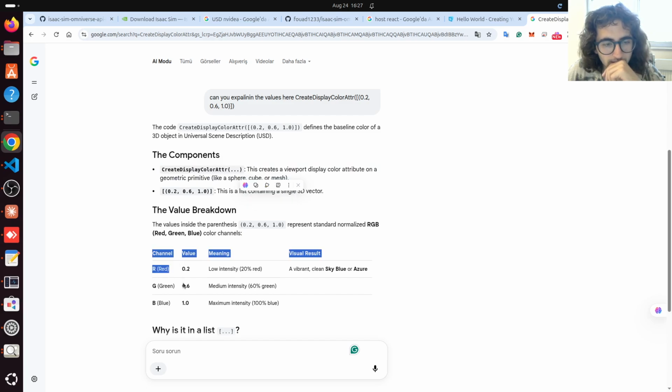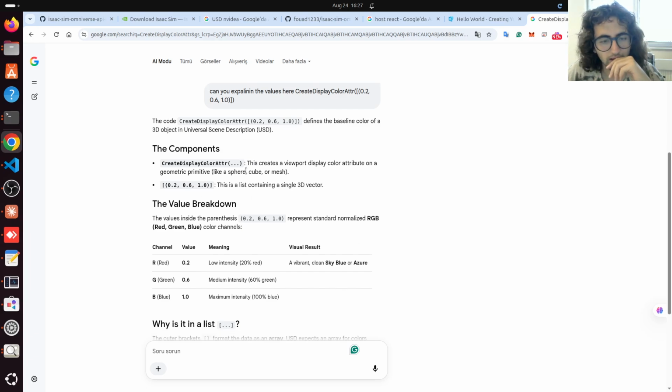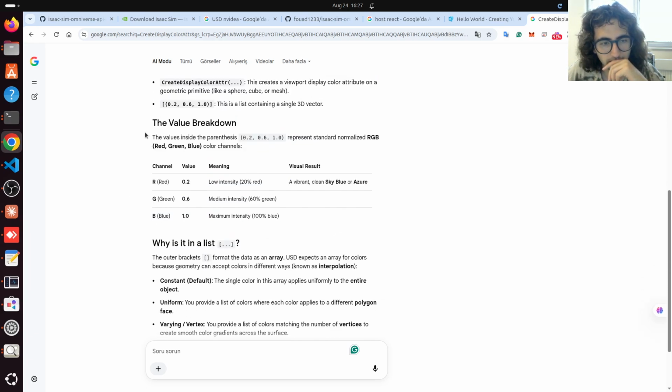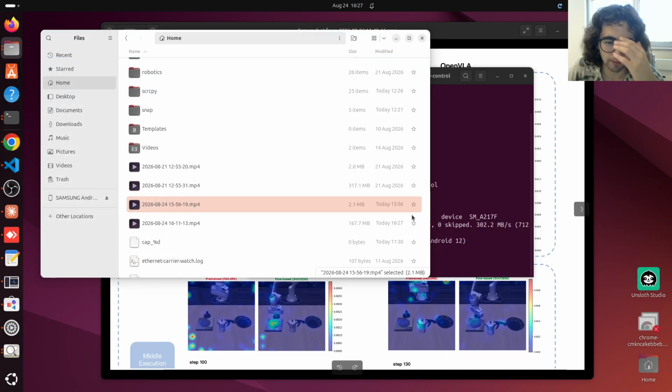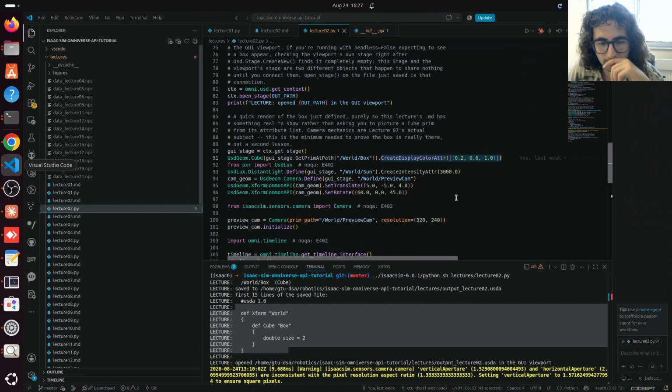Yes, so it's red, green, blue, and it's percent. So it's RGB, as I told you, but not between 0 and 255, just some percentage, and it's the same, it doesn't matter. Then you define some camera, using UsdGeom camera define, still the same stage and some preview,